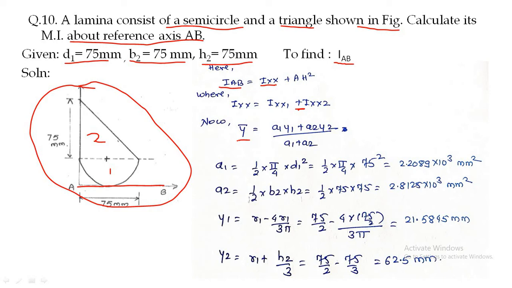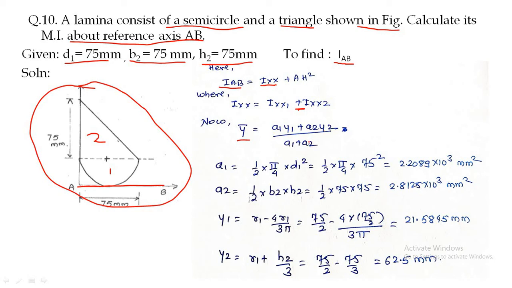If we try to fold this plane, it will not have a common center, or it will not be symmetrical about any center. So for that purpose we need to find the position of the center of gravity, or the position of the horizontal centroidal axis from the bottom. When we find y bar, we take it from the bottommost part. That is, from here we find the distance of y bar. So what is y bar? The formula for y bar is equal to a1 y1 plus a2 y2 upon a1 plus a2.